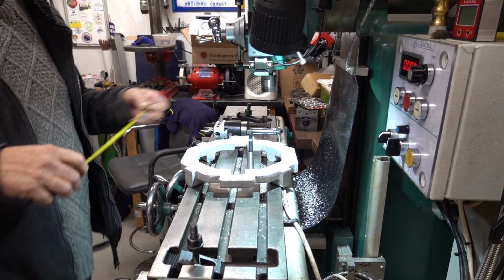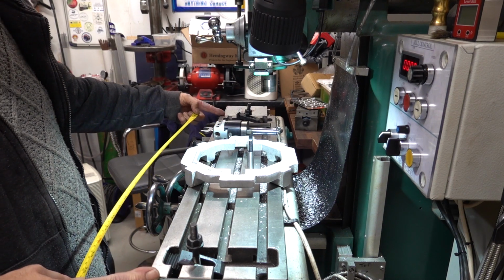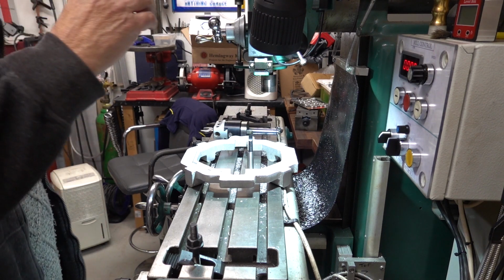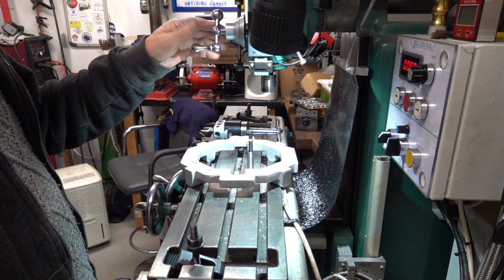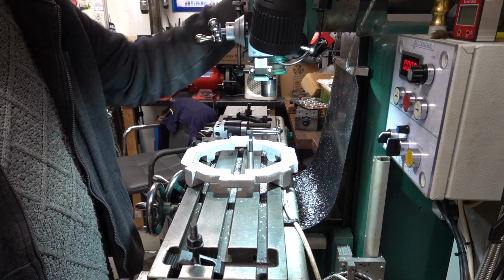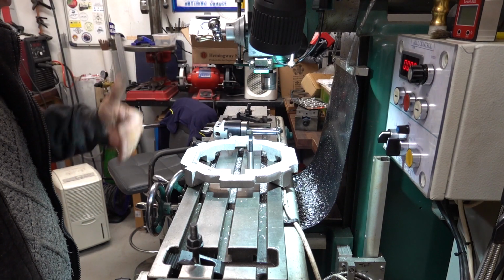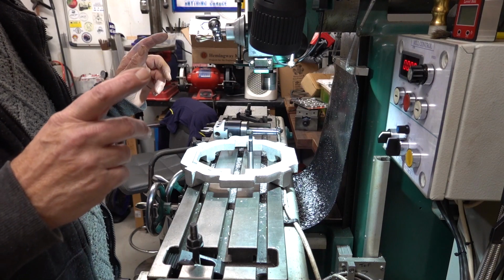For a little mill, it's amazing. It's 28.5 inches long, the actual bed itself, plus its bits and bats on the end. So I've got a good length there, and over 16 inches of knee movement on it. Plus you've got the quill on top of that. There's a 4-inch quill, so it's a brilliant thing. Turn that back off. But the Y isn't that much, so I've got to use a fly cutter, and I